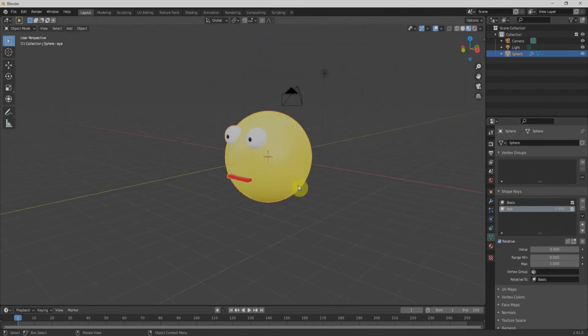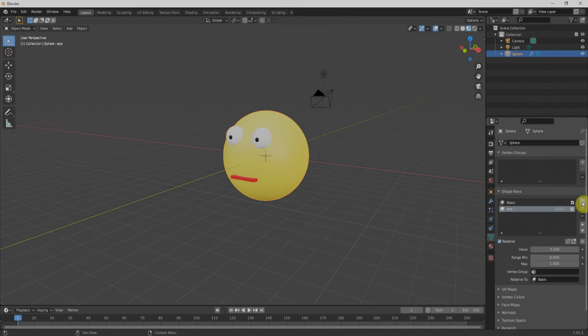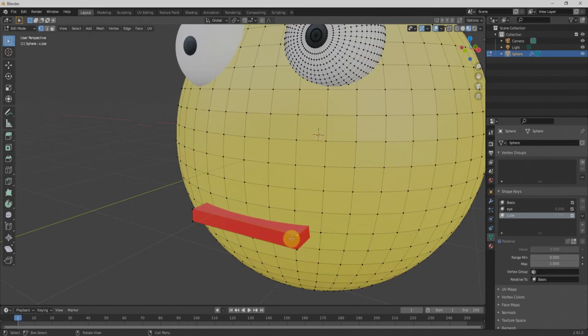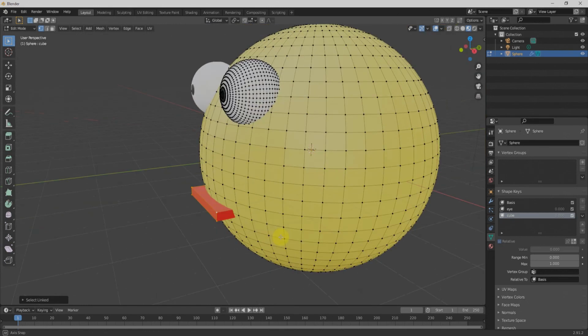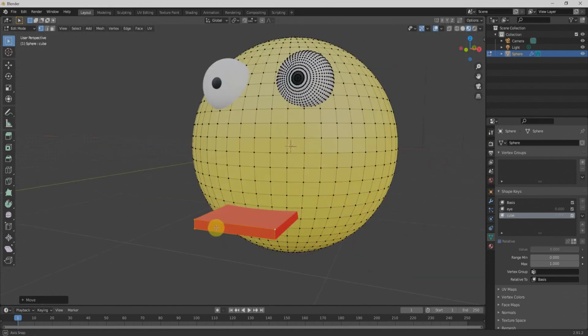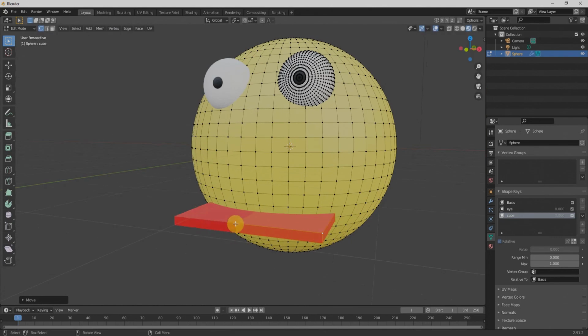Now if I go to shape keys, you can see we have this effect also. Lastly, we'll animate the cube. I'll give this shape key the name cube, or any other name if you want. We'll press the Tab key and select the island by bringing our mouse near it and pressing L. That way we'll select the whole cube, and press 3, and we'll bring it over here, with a little change in the shape also.